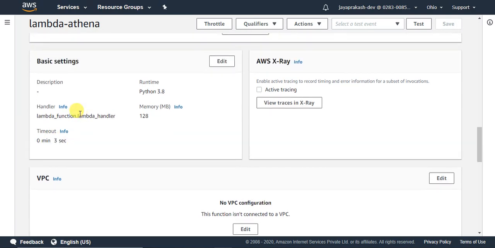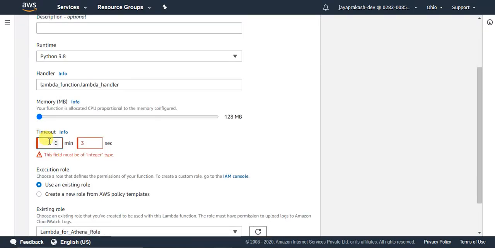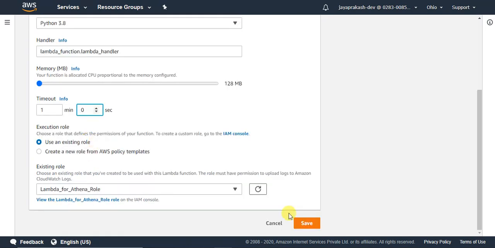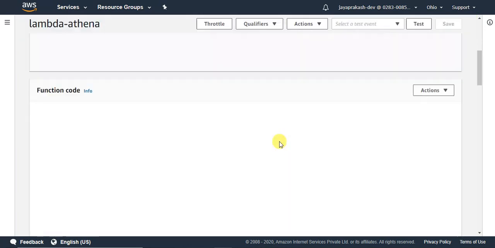Obviously, we need more than 3 seconds. If you run this Lambda function now, it's going to fail with a timeout issue. So we need to increase this timeout. I'm going to set it to maybe 1 minute. Yeah, that should be enough, I think. Click on save. Okay, now it's saved.